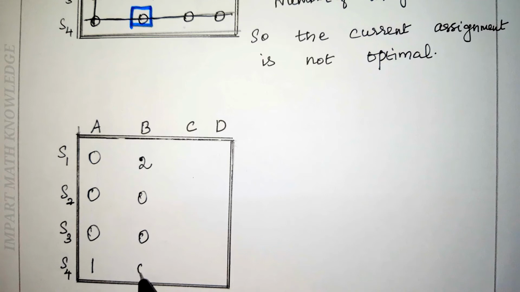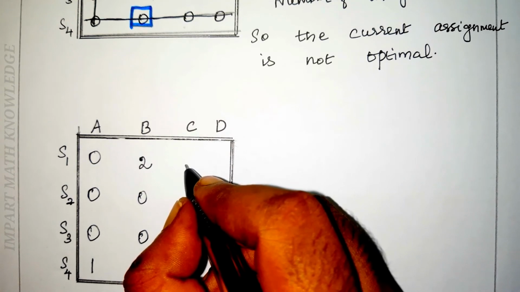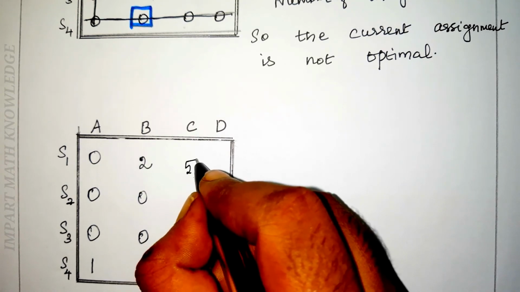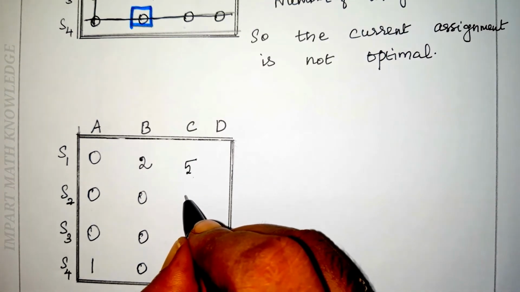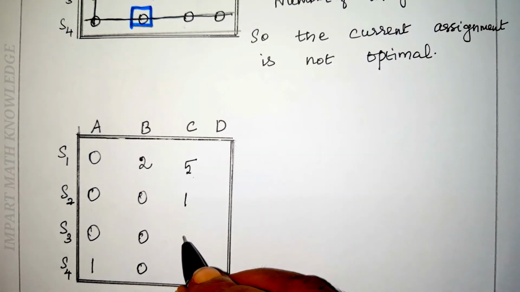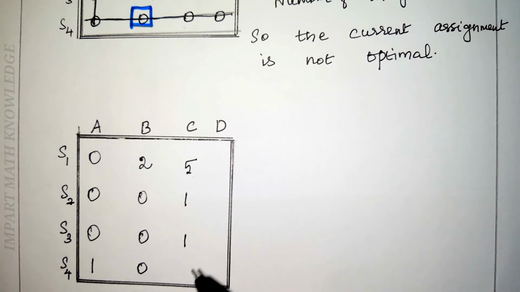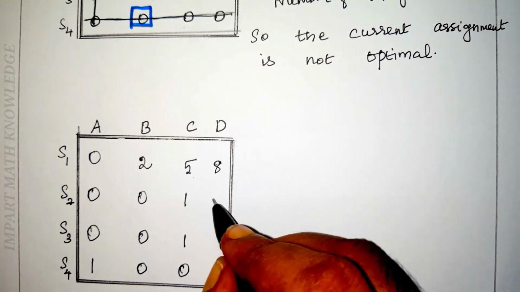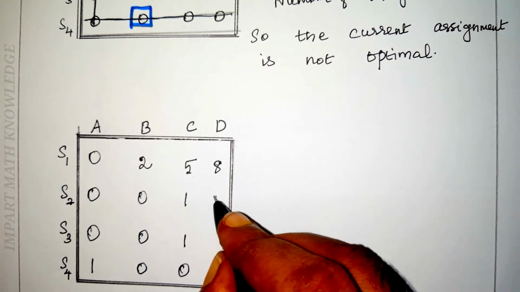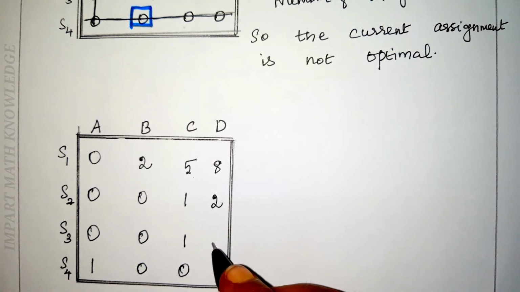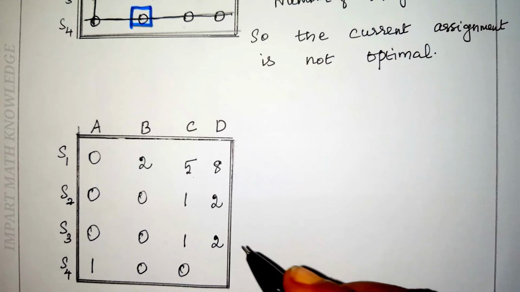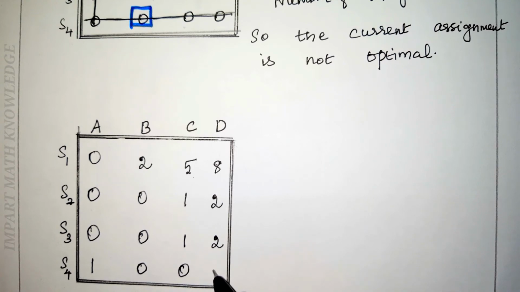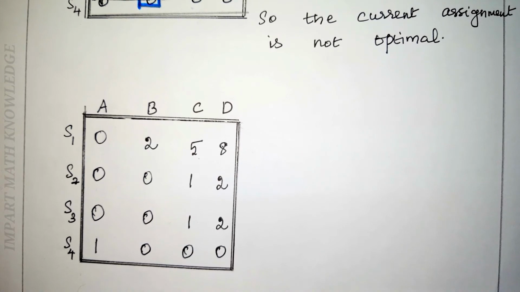The next, the 0 is covered with a single line, so I write as it is. Then I move on to the third column. 6 is not covered with the lines, so 6 minus 1 is 5. 2 is not covered with the lines, 2 minus 1 is 1. 2 is not covered with lines, so 2 minus 1 is 1. And here 0 is covered with a single line, so I write as it is. The next one, 9 is an uncovered element, so 9 minus 1 is 8. 3 is an uncovered element, so 3 minus 1 is 2. Again 3 is an uncovered element, so 3 minus 1 is 2. Now 0 is covered with a single line, so I write as it is. This is the new cost matrix.